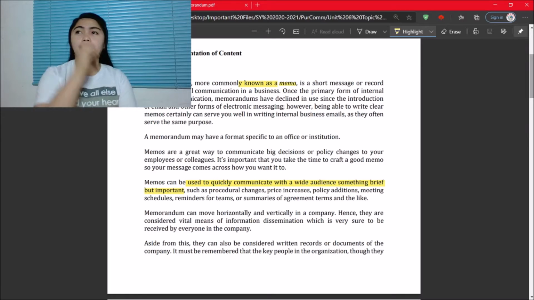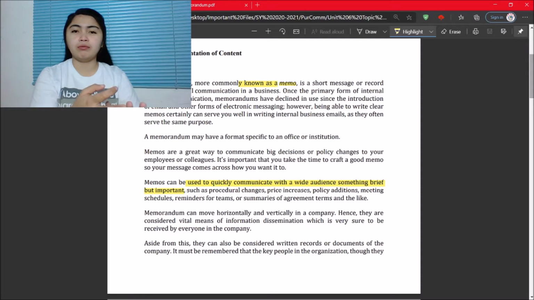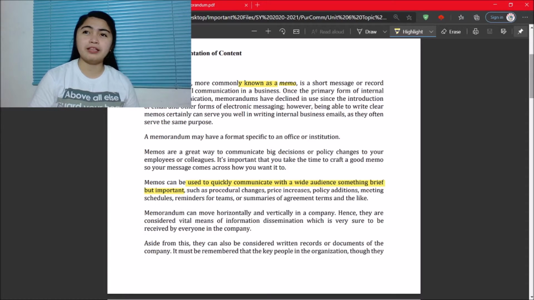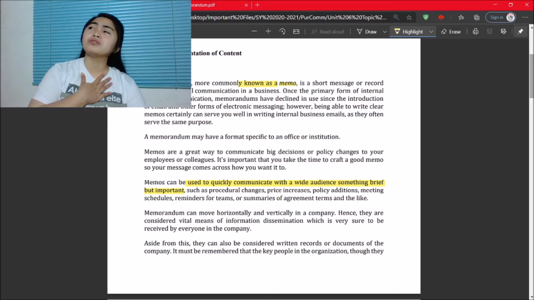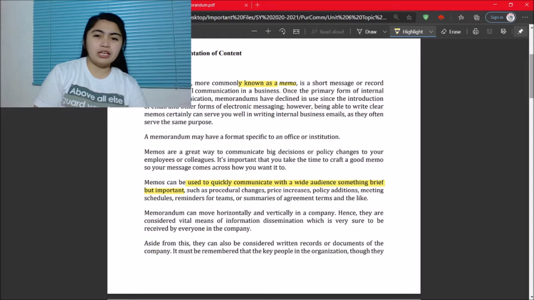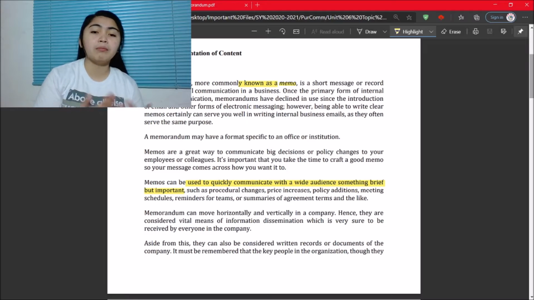Kasi kung i-email mo pa, email mo sa office ng CAS, email mo sa office ng CICS, email mo. Ang dami mong pag-emailan. Kung gagawa ka ng memo, isang printan na lang, and then ipiprint out, mag-distribute ka lang, so ipopost lang sa bulletin board for the wide audience na yon to see. So, I think, kung sa school ka talaga nag-work, kung sa office naman, mabilis lang kasi pwede mo nang isend sa email talaga. Pero kung sa school na malaki, tulad ng Cagayan State University, a memo is really needed to inform a wide audience. Okay?